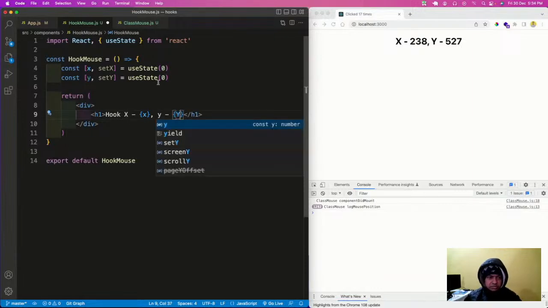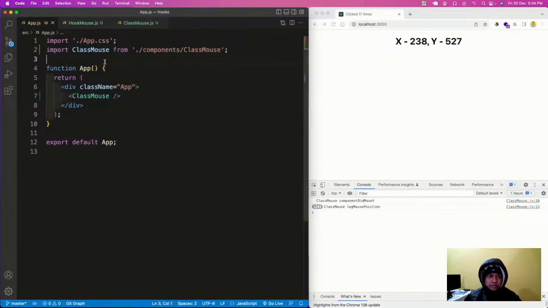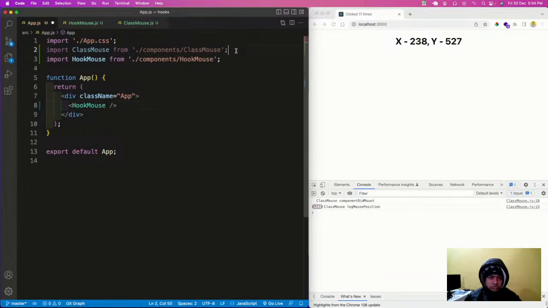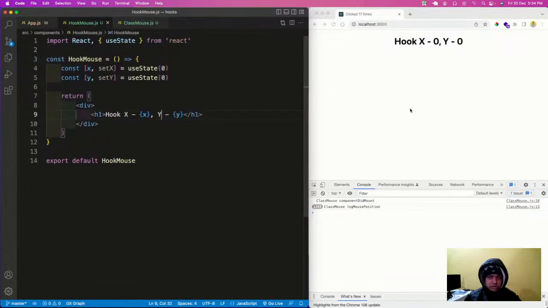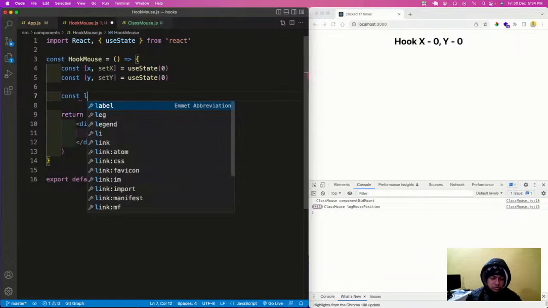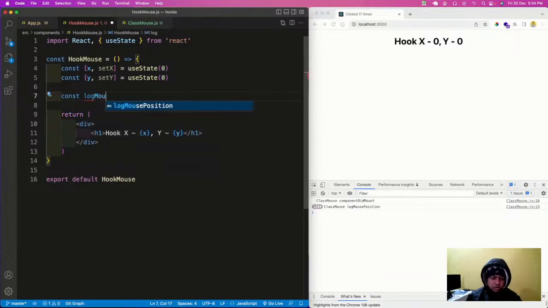Okay. Mm, y is small. This Y should be capital. Save it, but I'm not showing it, so I'll go here, do a hook mouse, save it, and it is showing this thing. Now how to update it? So again, we'll have a logMousePosition. So const logMousePosition